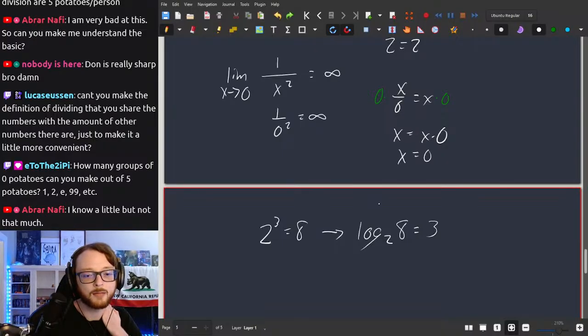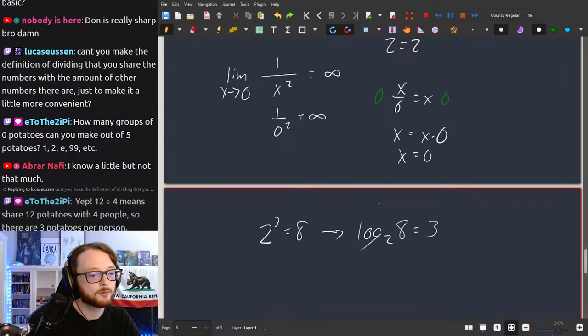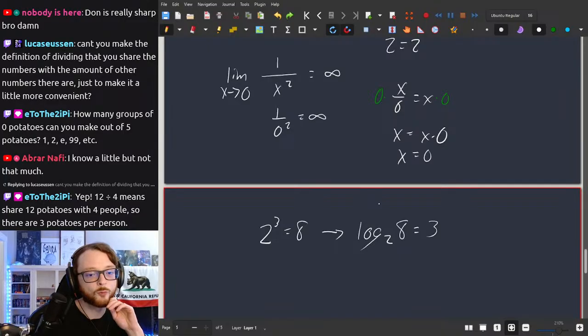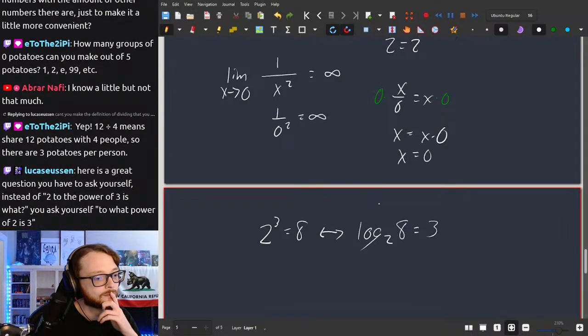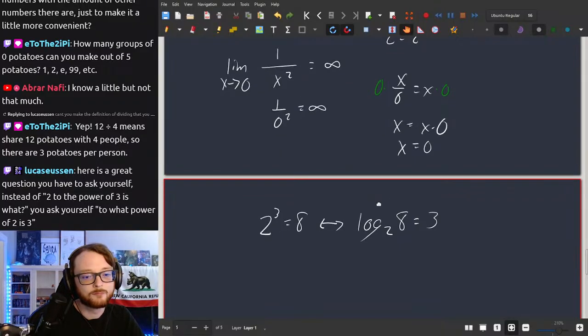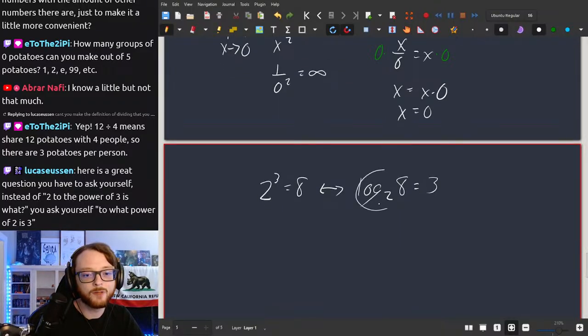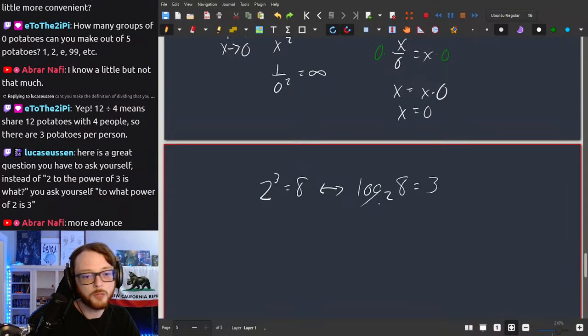If you have 2 and you want to get to 8, the logarithm will tell you what exponent you need. These two equations are basically the exact same thing. And so this is a convenient thing. It just kind of will pop up in a lot of more advanced